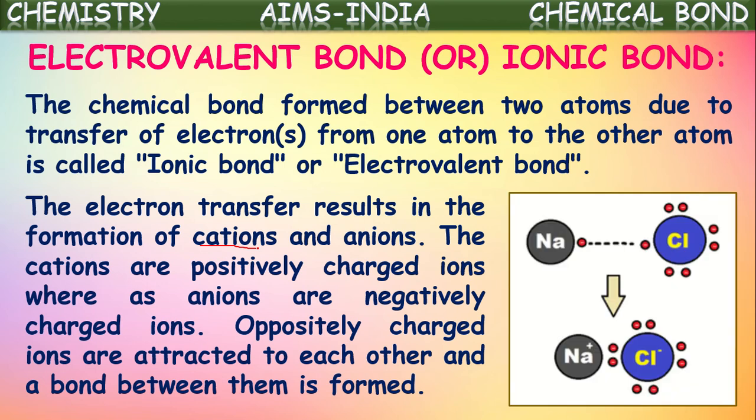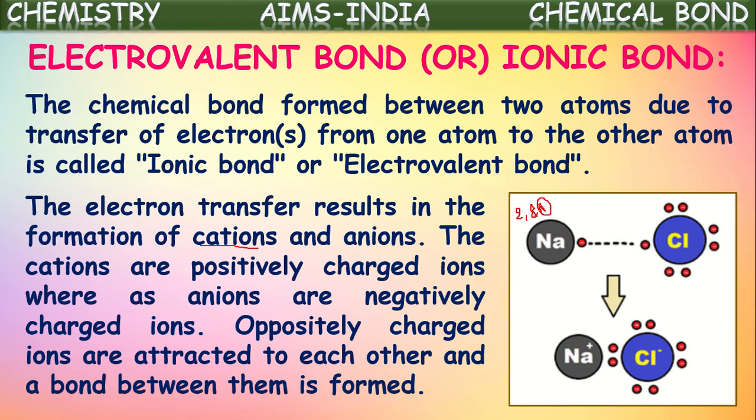If we see a sodium atom and a chlorine atom, we know sodium has only one valence electron. And for chlorine, there are 7 valence electrons. Are these two atoms stable now? No. What is the number of electrons needed in the outermost shell to be stable? 8 electrons. But for sodium, there is only one electron in the outermost shell, because its configuration is 2, 8, 1. Now it has only one electron in its outermost shell, so it is not a stable element.